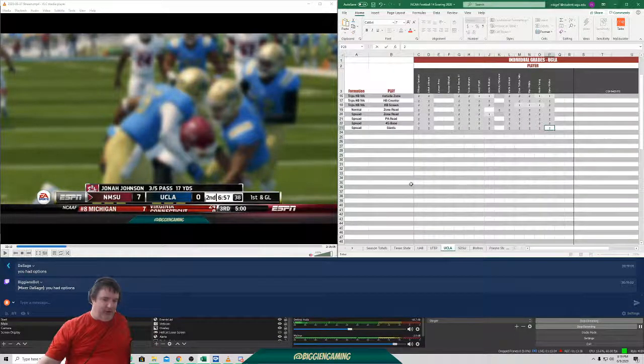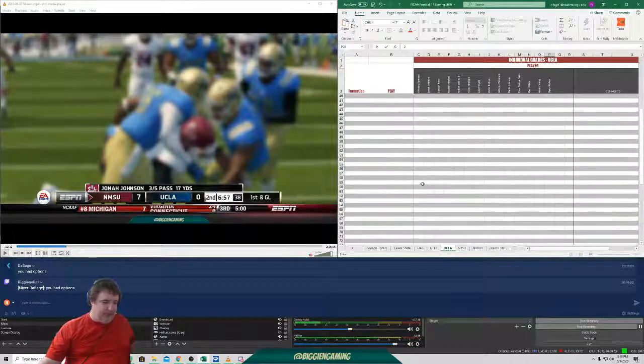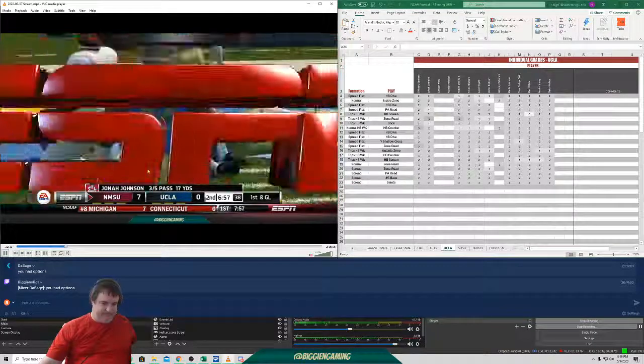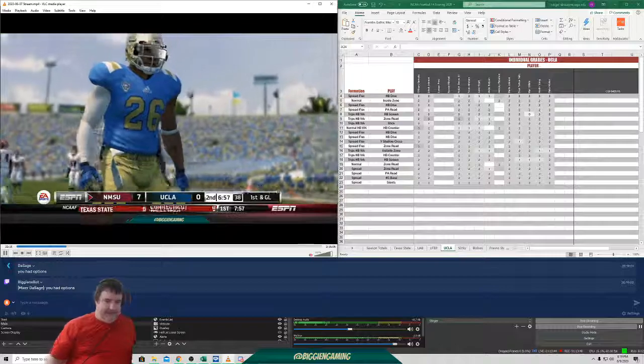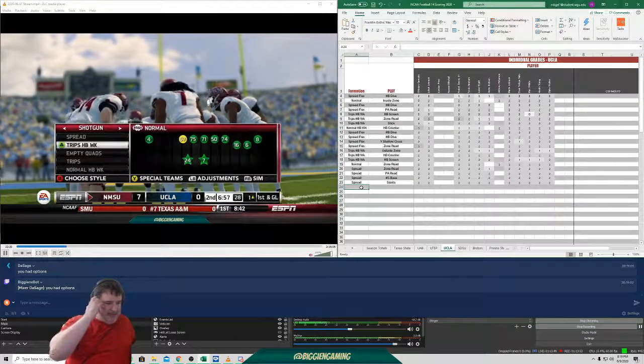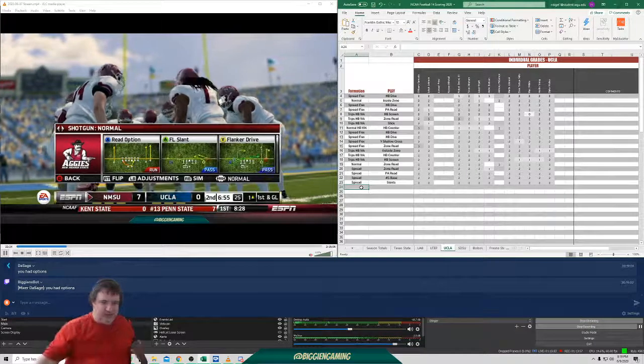There's a lot of 2s going on. Look at this grading so far. Everybody's grading out pretty good. You have to grade out pretty good to pull an upset like we do, right? You got to have a lot of options to pull the upset that we do. Now we're down there. I'm like, all right, do I stay in 10 personnel? Do I decide to go to 11 personnel? We'll go normal.